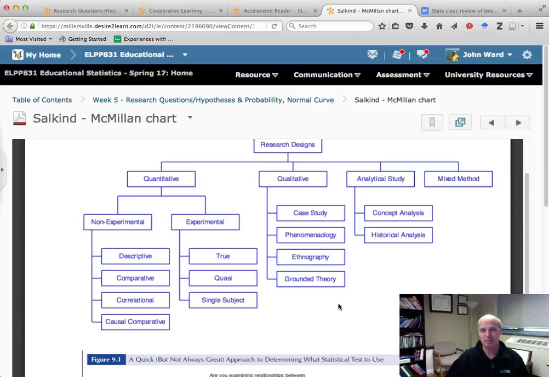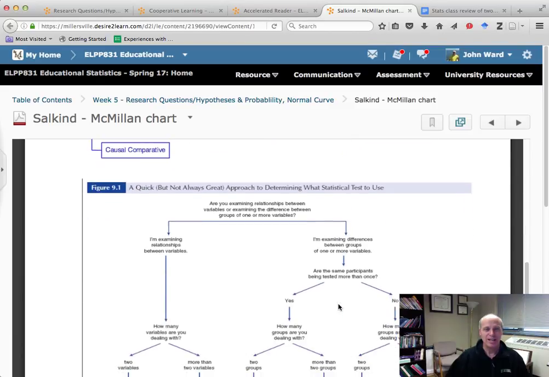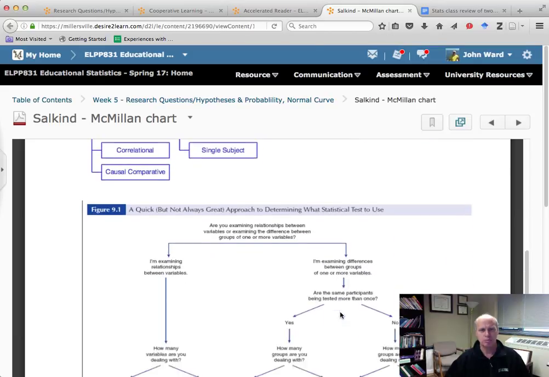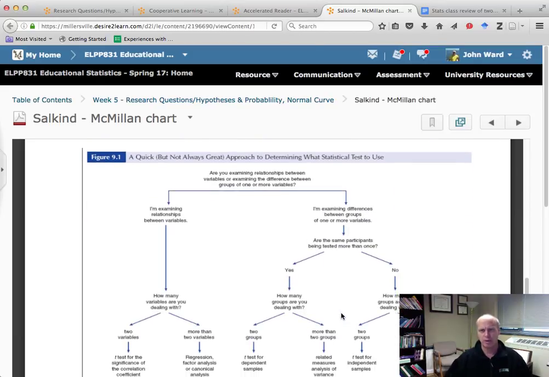the type of design. Now, Figure 9.1 is something that we're going to get into more in a couple weeks, and then we're going to use it for the rest of the semester. It's a good organizer for types of statistics. And it also kind of goes along with the, kind of use these both mentally as you're thinking about how to categorize things. But in terms of statistics, the way this is meant to be used is you've got a